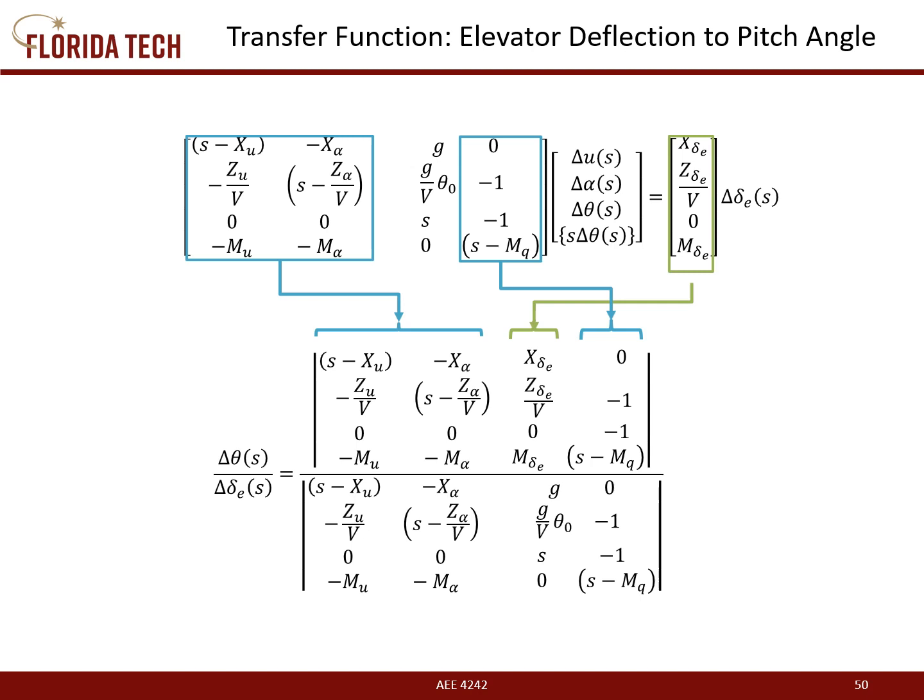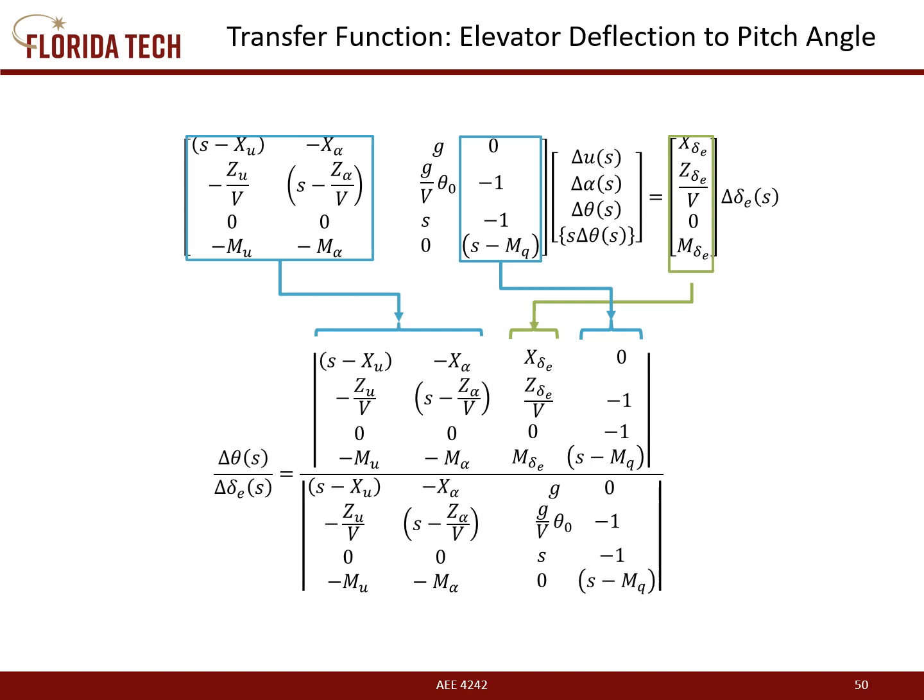For this example, on this slide, we really want the transfer function of pitch attitude as a result of elevator deflection. So delta theta over delta delta E. To get that, we have to apply Cramer's Rule. And so what I've shown here is how we want to solve for